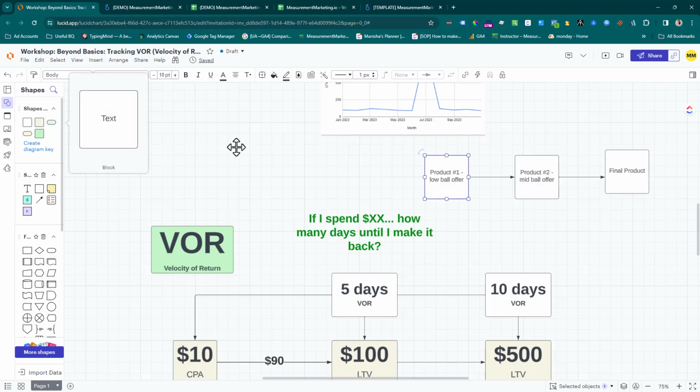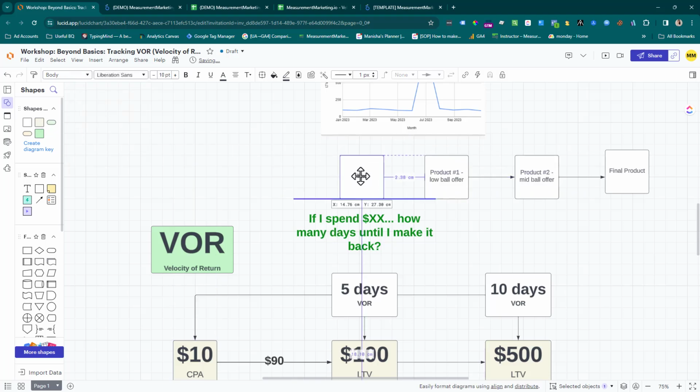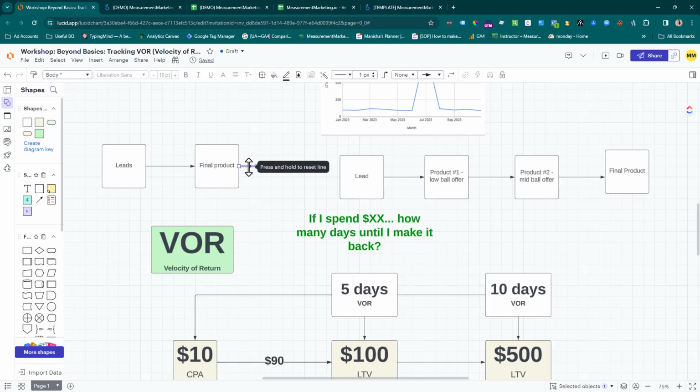Some people will also have a lead on here. I've seen that. Maybe it's a lead and then a low ball offer. And some people just go from lead to the final sale, the final product, right? We've seen them all. So there's not a number we can give you and say, this is what your velocity of return should be. When you deliver this as a measurement marketer to your marketing team,